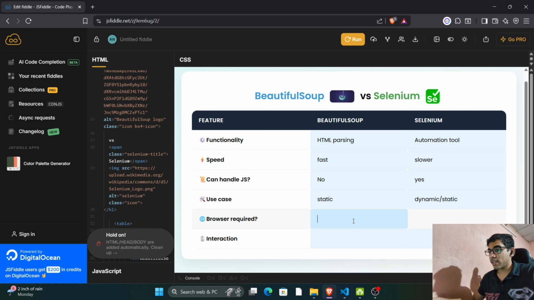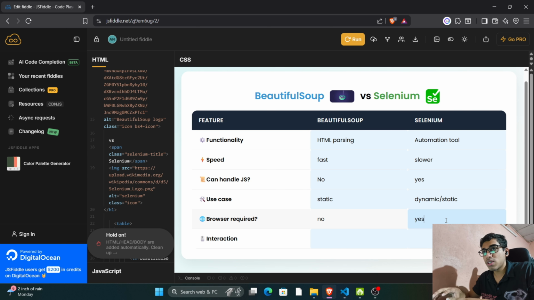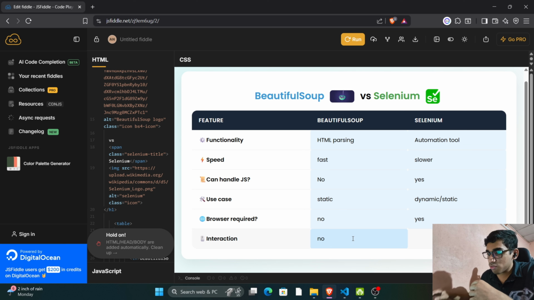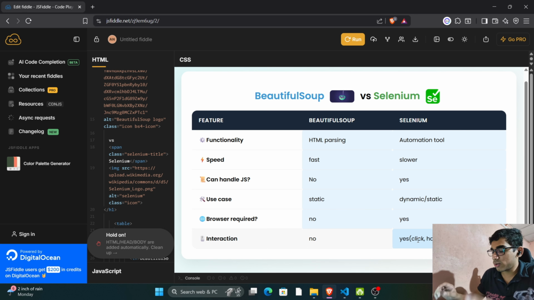Then comes, do we need a browser to implement Beautiful Soup? No, we don't need a browser. But for Selenium, yes, we need a browser because with Selenium we are actually opening the entire browser, the entire website. But Beautiful Soup doesn't work that way. Then interactions. Can we perform interactions on Beautiful Soup? No, we can't perform any interactions with the websites. But in case of Selenium, yes, we can perform interactions. So we can click, we can hover, we can scroll, we can do so many things with